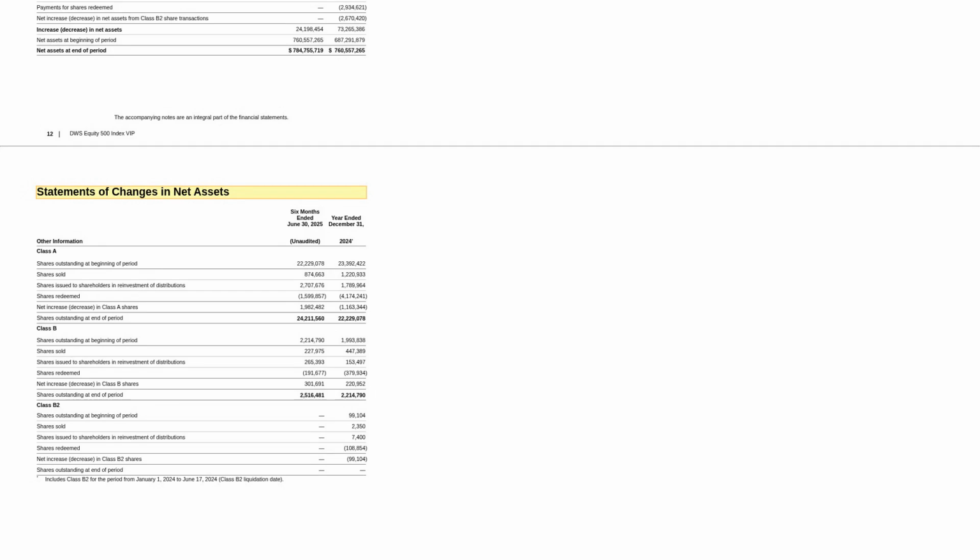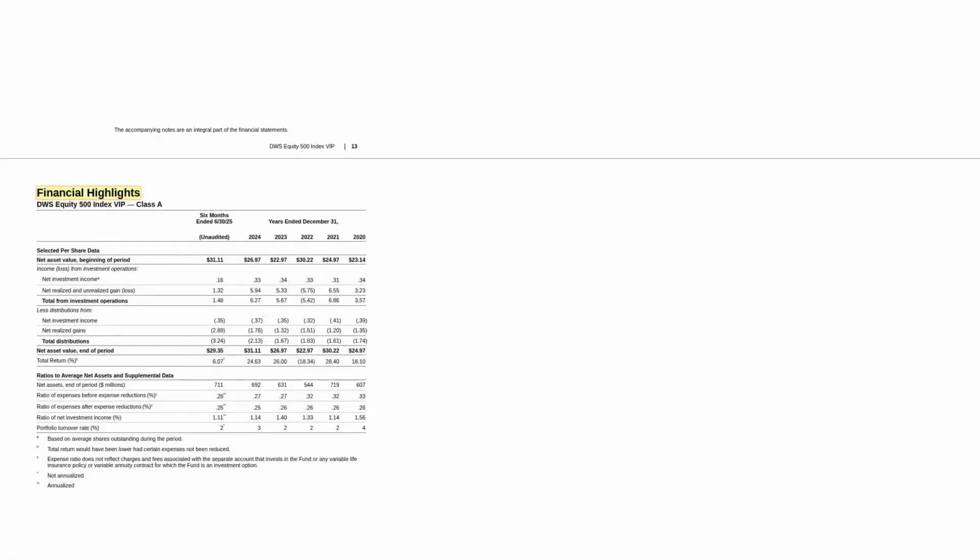All Class B shares saw a net increase of about $8 million. It's clear people are actively investing in and reinvesting in this fund. The financial highlights table gives us a year-by-year breakdown per share. For Class A shares, the net asset value at the end of the period was